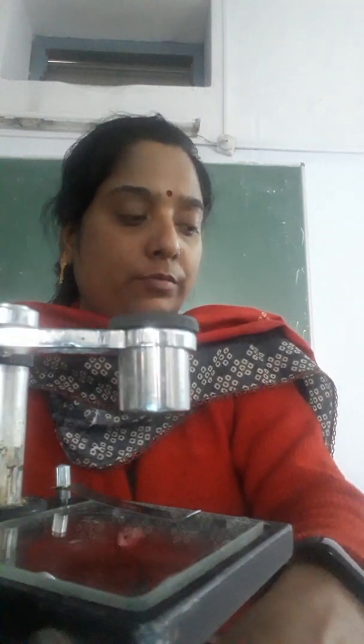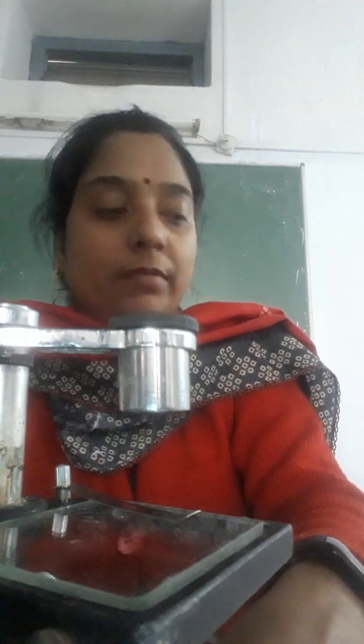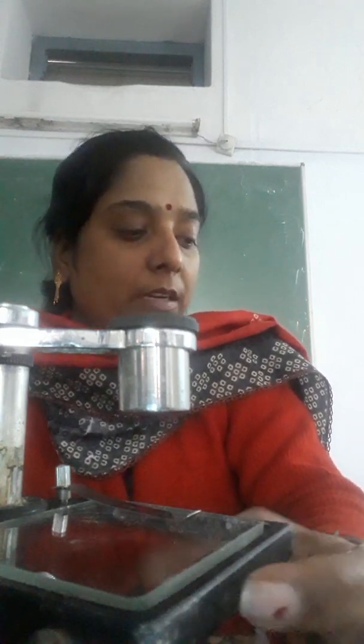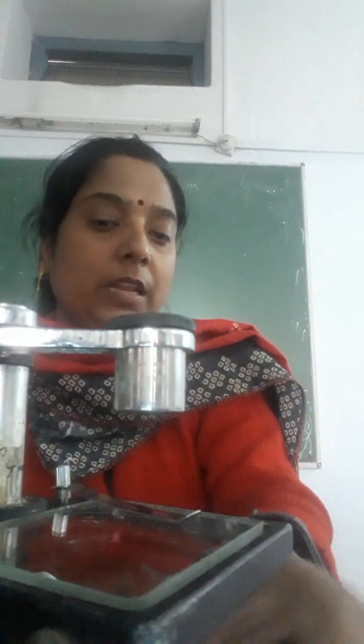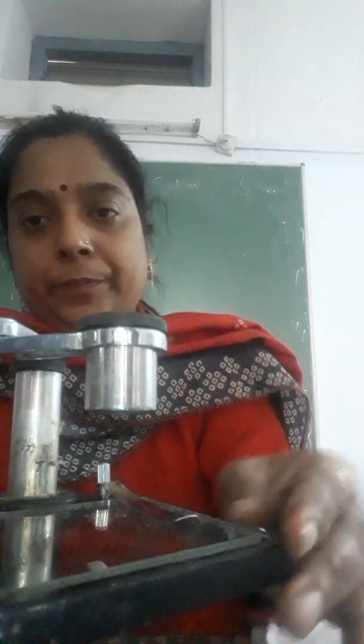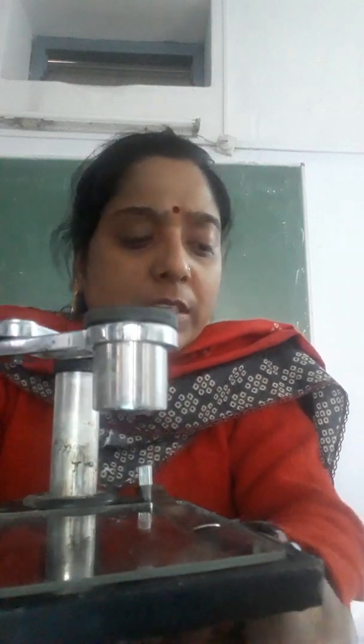Now the dissecting microscope consists of two parts, basically the optical part and the mechanical part. The optical part contains the plano-concave mirror, and the second one is the lens. The concave mirror focuses the light on the object which is placed on the slide over the stage. This one is the stage, and this one is the plano-concave mirror. See here, this one, the plano-concave mirror, focuses the light on the object placed on the slide over the stage.